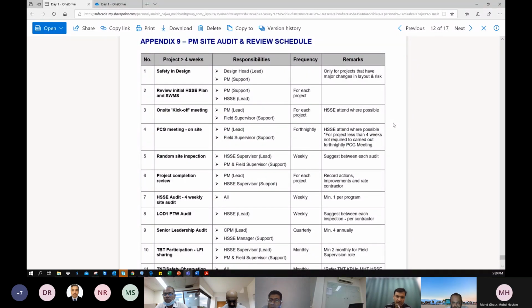Yeah, I have a question. This is a very comprehensive document. I think the client and even the management won't expect us to adopt this from day one. So we would start implementing these things. A lot of these things involve the PM as lead. From my perspective, people who are new to this company, to this setup, do you allow some sort of a cushion period or a honeymoon period in terms of implementation